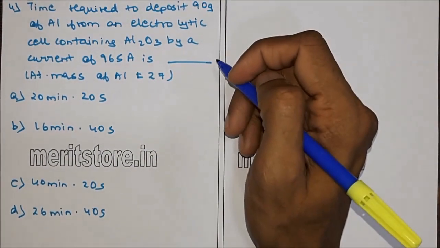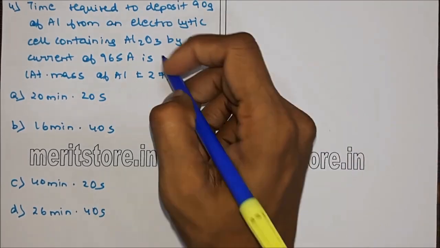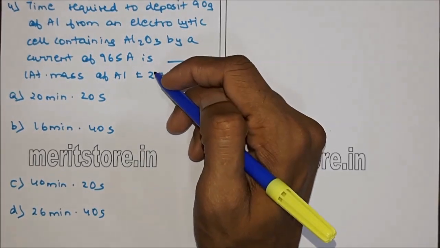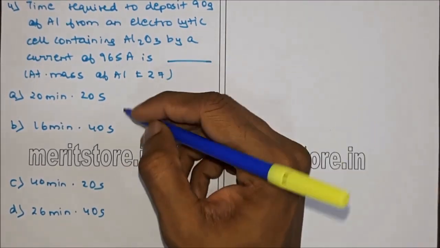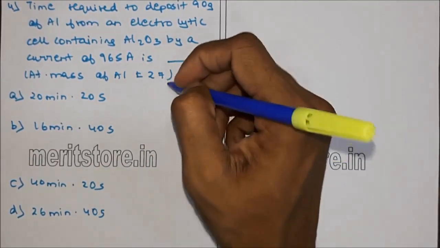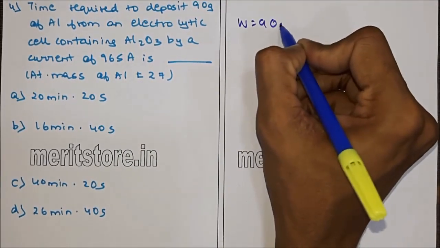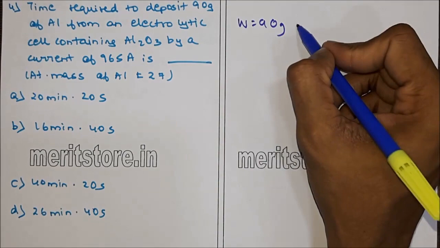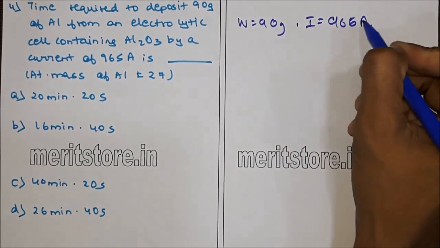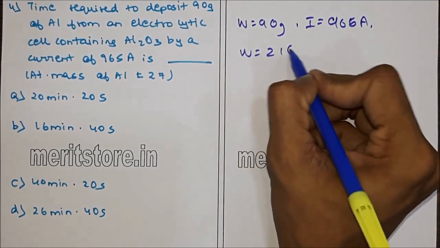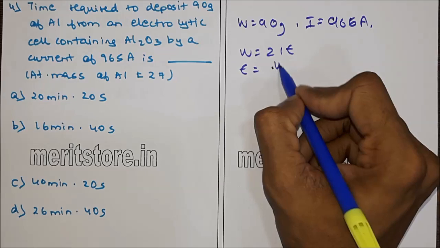Question 4. Time required to deposit 90 gram of aluminum from an electrolytic cell containing aluminum oxide by a current of 965 ampere is given. We are given 4 options, where atomic mass of aluminum is given as 27. So we have W equal to 90 grams and we have I equal to 965 ampere. We have W is equal to ZIT, where we can find T, which is equal to W upon ZI,